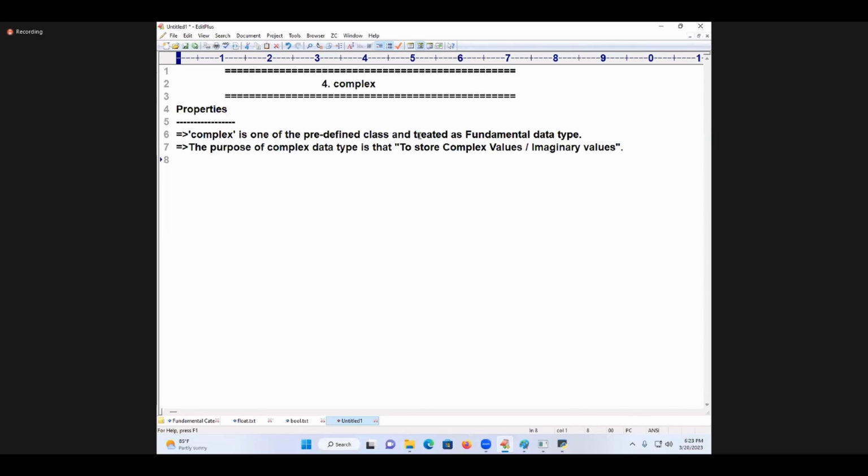How do you get the complex values and all? We are going to discuss it in great detail in the classroom. Right now, don't worry about it. So we are talking about properties here. Complex is which data type? Predefined class. Treated as which data type? Fundamental data type. The purpose of complex data type is to store complex values or imaginary values. Next, I'm going to take up